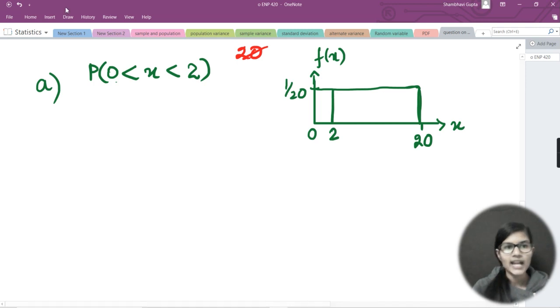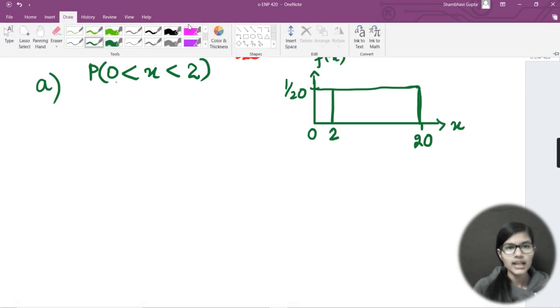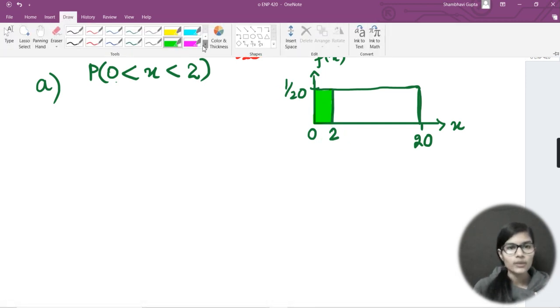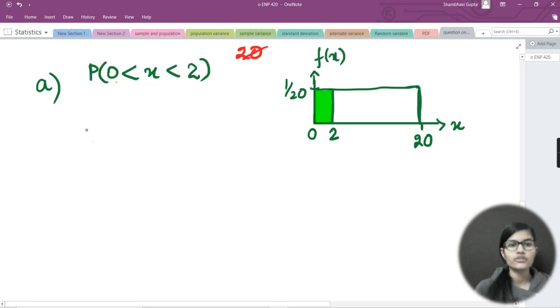So somewhere here I would be having my 2. Now, hold on. Just do one thing. Let's highlight our portion, whatever portion we want to find the area of. So I want to simply find the area of this portion, where the limit for this portion is 0 to 20. So now for that, what I need to do is I again need to find the